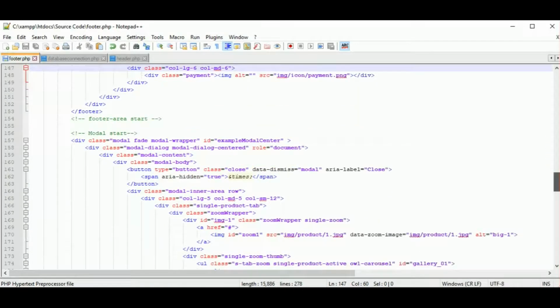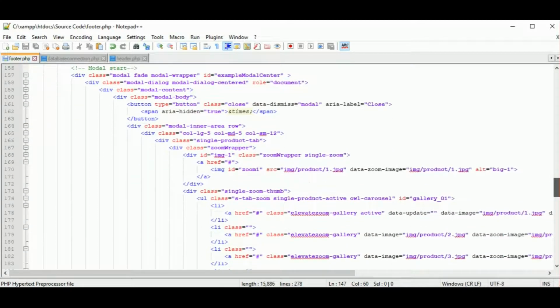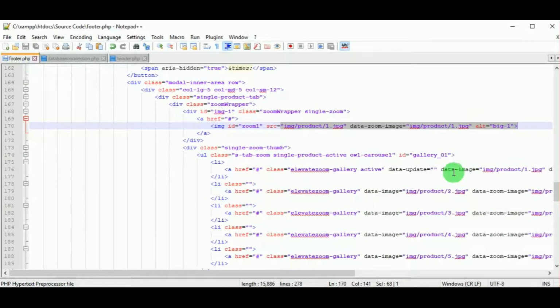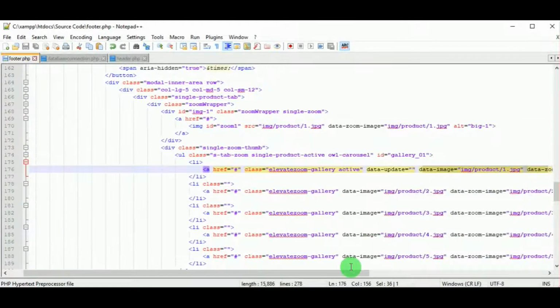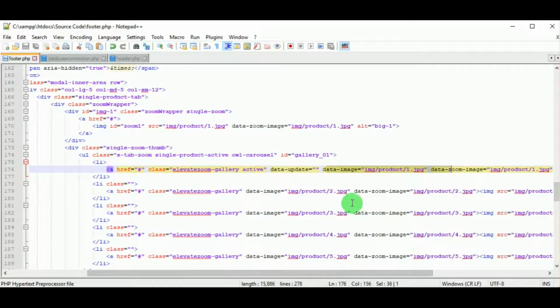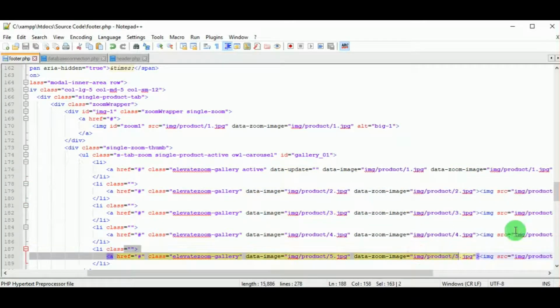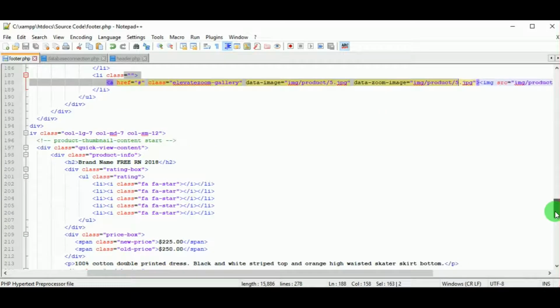And at the end you can see the images of different companies. Using the image tag, the different images are put up. On clicking on these, they will be redirected to different pages.